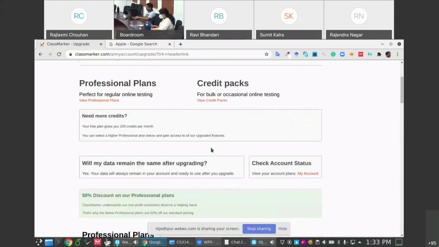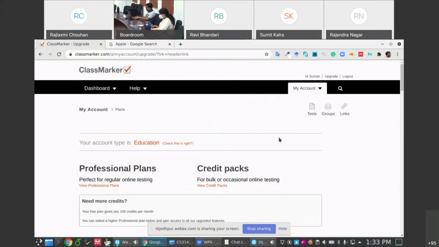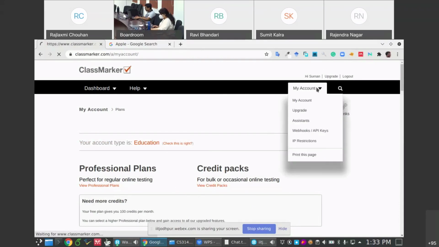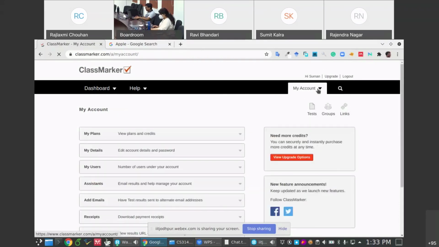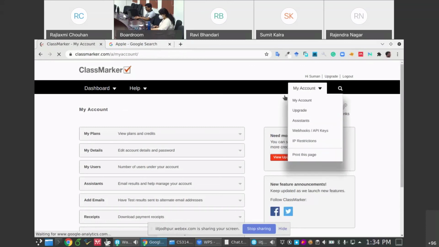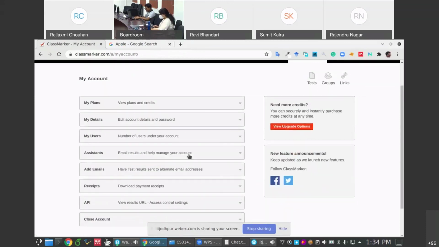And now this also has an option for a TA to create a login. So let me just check assistant. So here you can have an option. Left side. Okay, left side, assistant.